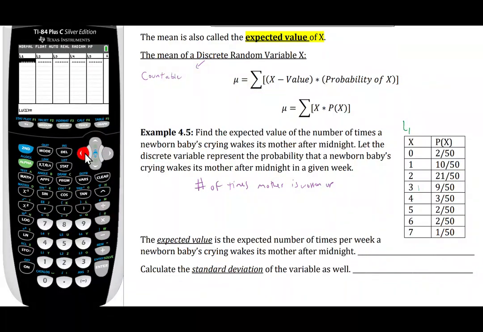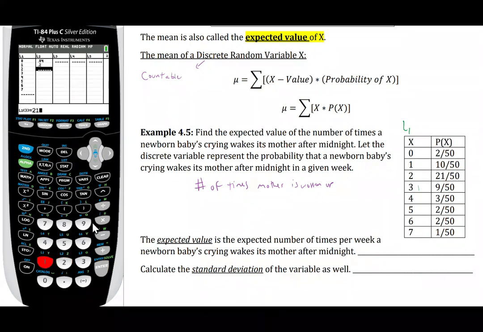All right, so we got 0, 1, 2, 3, 4, 5, 6, 7. Now with these probabilities, they are all fractions, but we can type those fractions right into our calculator using the division symbol. So 2 divided by 50, 10 divided by 50,